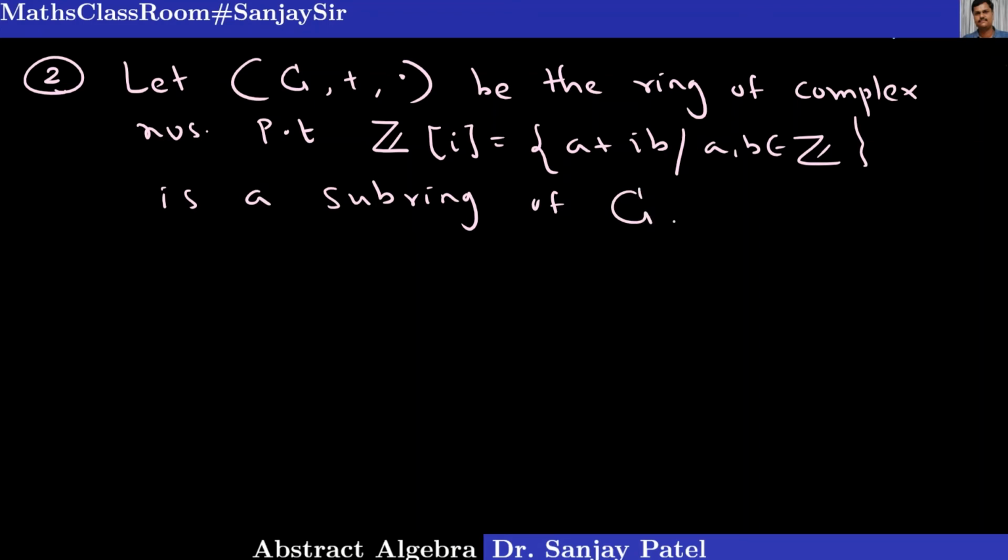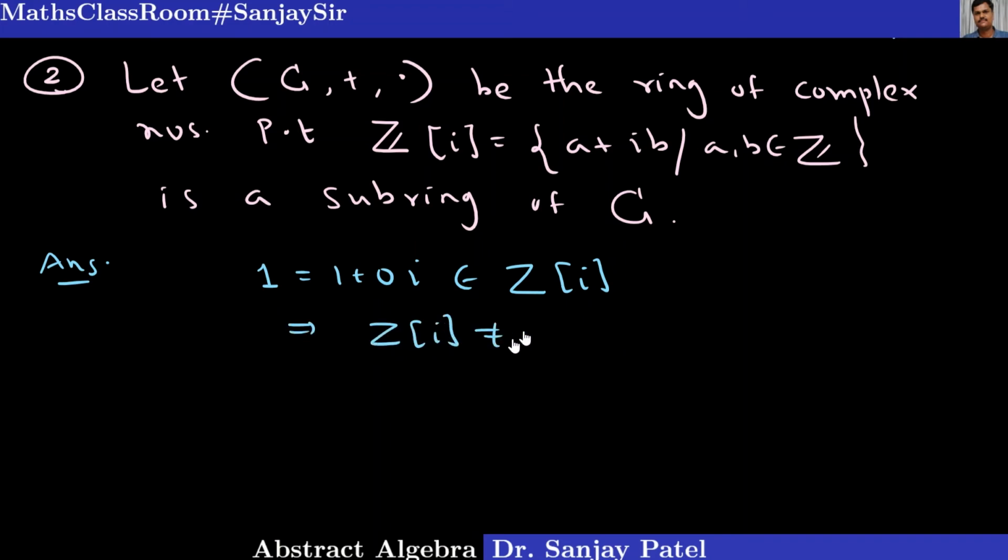So it is very easy. First of all, you note that Z[i] is non-empty. You can say that 1, which is equal to 1 plus 0i, belongs to the set Z[i]. So I can say that Z[i] is a non-empty set. Remember, this is our set S. So I am first proving that it is a non-empty set. Now the second thing I should prove is, for every a, b belonging to S, a minus b belongs to the set S. The set S is the set Z[i] in our example.